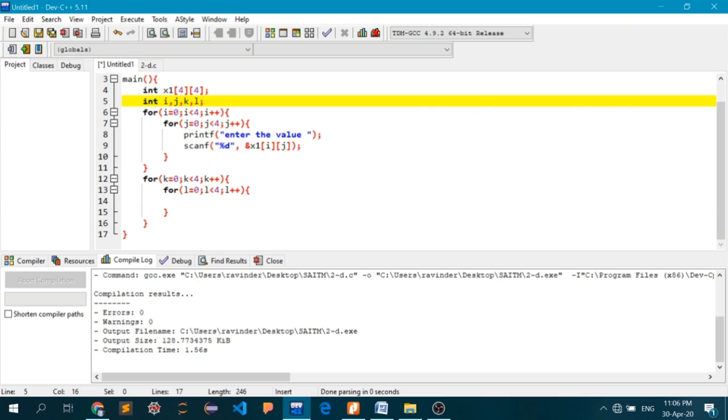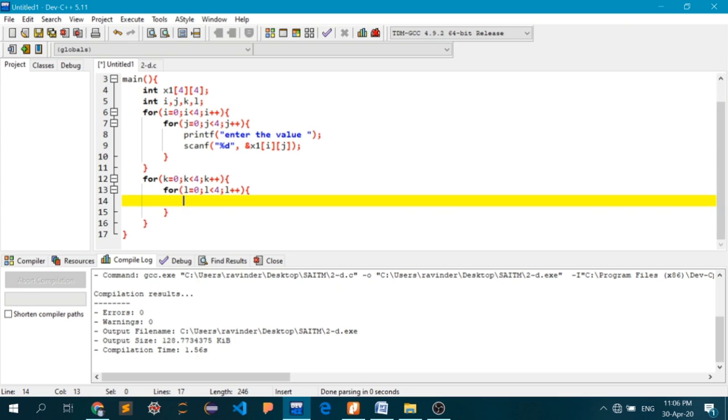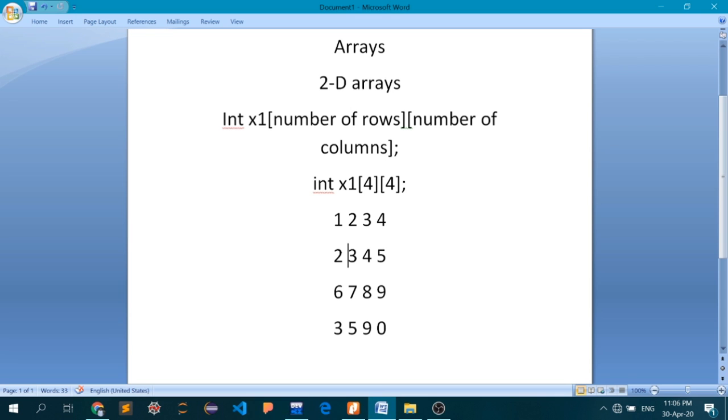Now all we have to do is write a printf statement: printf, %d for integer, and a tab. I want to print these values in this manner, not like 1 2 3 4 and then 2 3 below that and below that. We'll try to print it in the form of a matrix, as you have seen in your mathematics books.